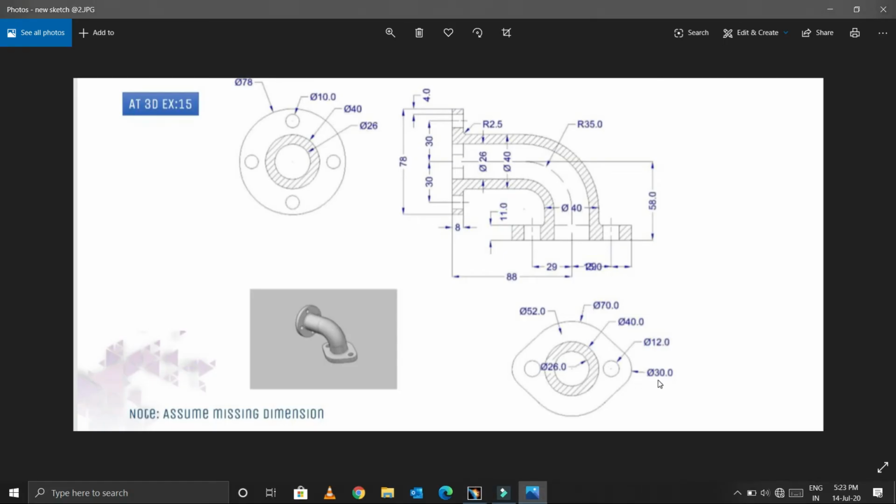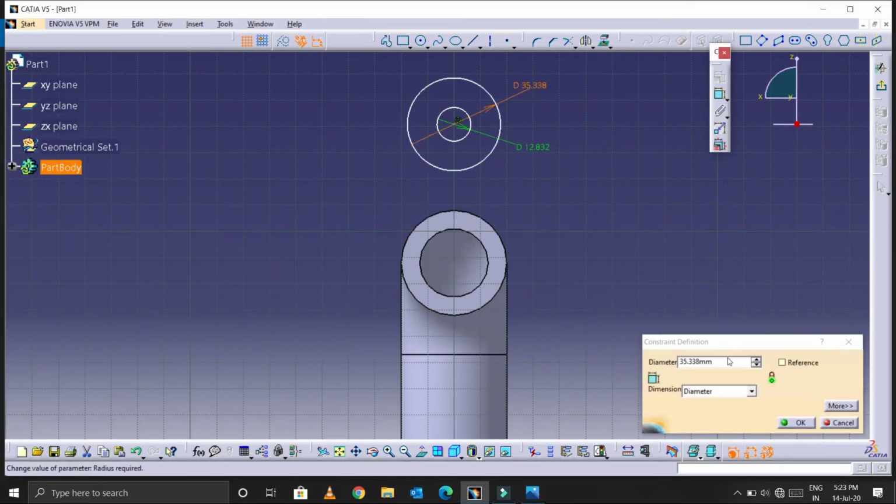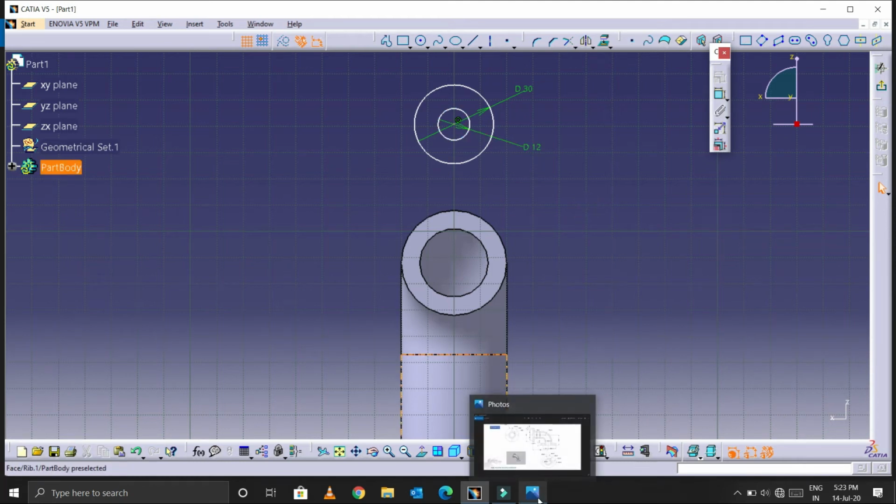So the outer diameter is 30 and the inner diameter is 12. Outer diameter is 30 and the inner one is 12. And let me mark the dimensions.